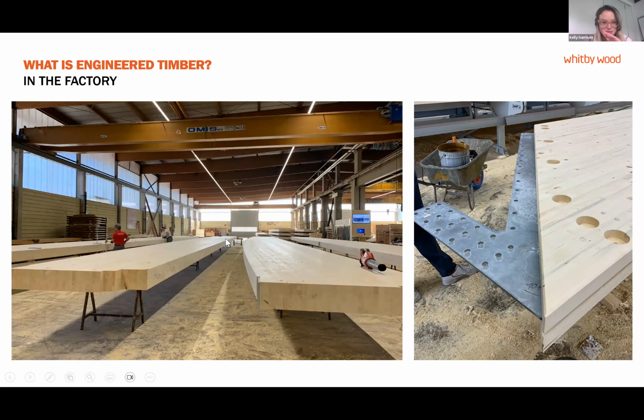And here some of those beams are finished, and they're being checked by inspectors. Any small defects are being fixed, sanded back, and also here the connections are being applied. So quite often with glulam beams, your steel connecting parts will be made in the factory as well, and so you have to really understand your connections as well as your member sizes and so forth. So thinking about what that connector plate is going to be put in the factory,